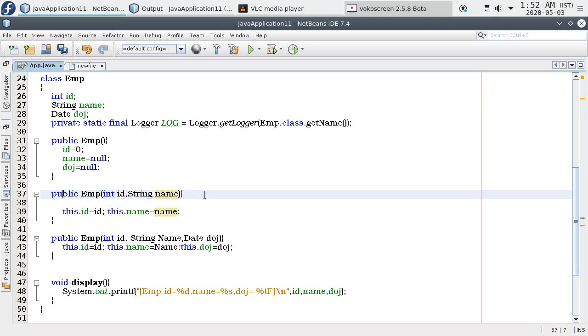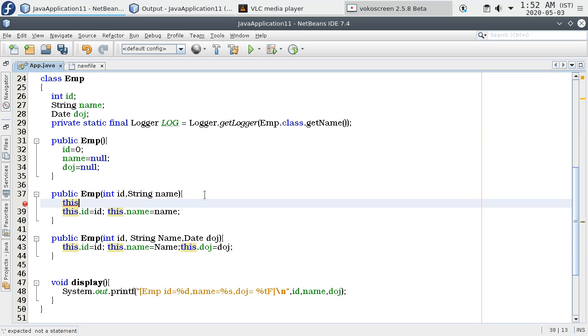We need to initialize all data fields. Here, using this object, we are initializing only two fields. What about the third field? In that case, we can call like this: id, comma, name, comma, new Date.